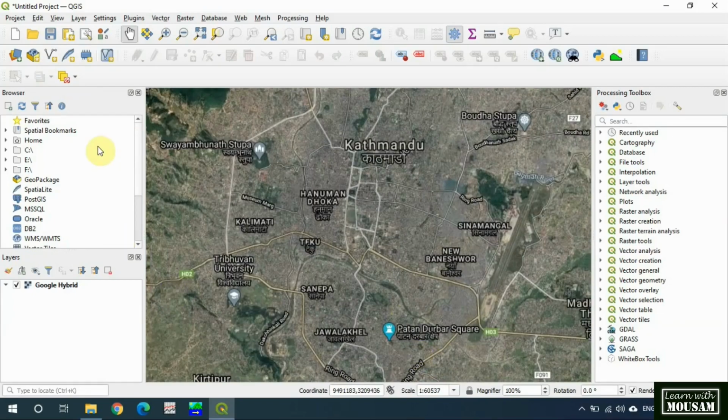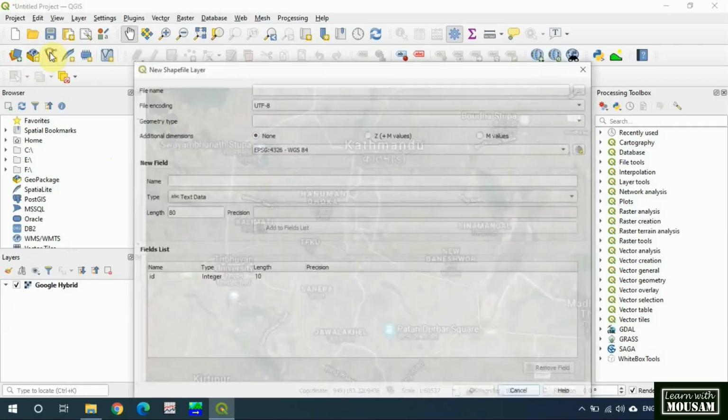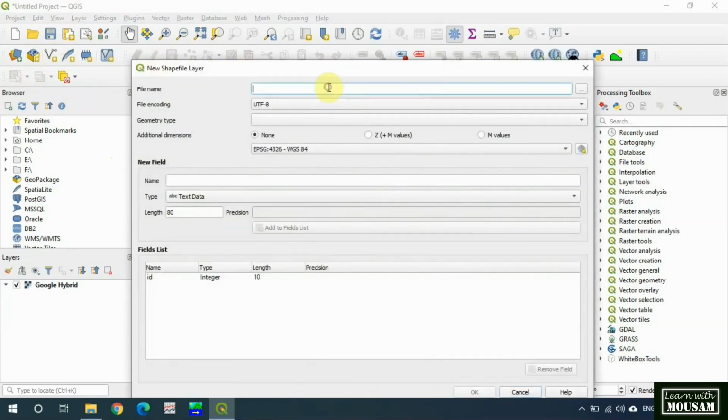To create a new shapefile, click on this icon on the Data Source Manager toolbar. Give the name of the shapefile. If you want to change the location of the shapefile, you can change it from here.